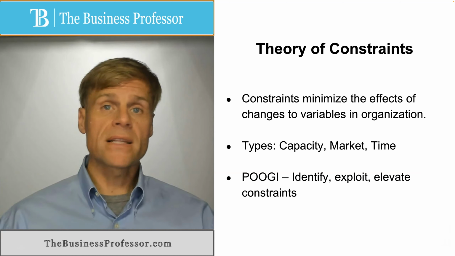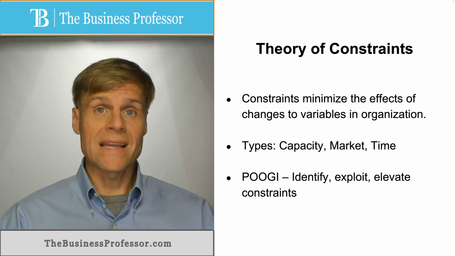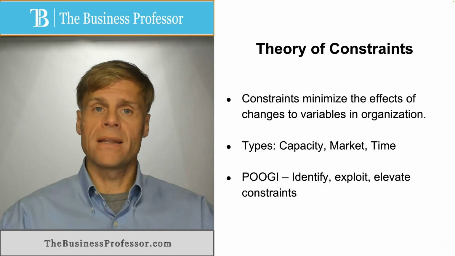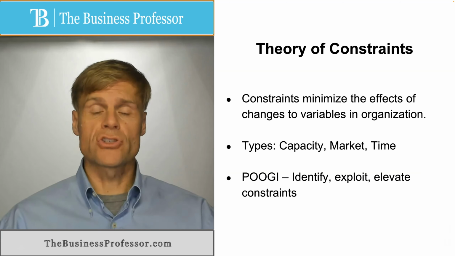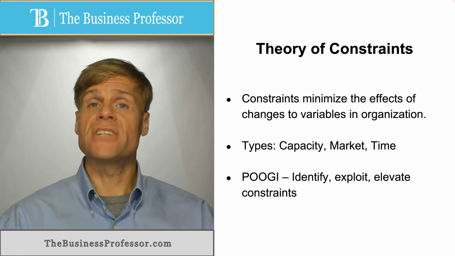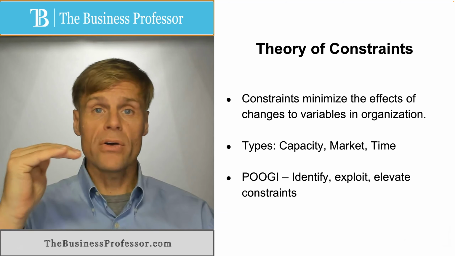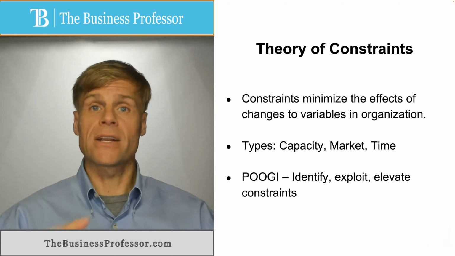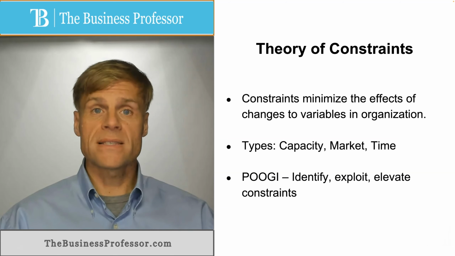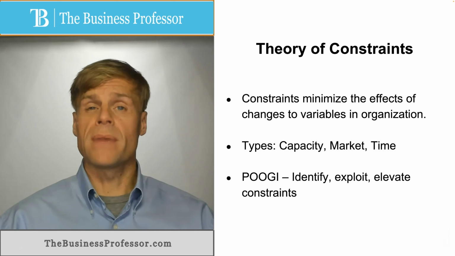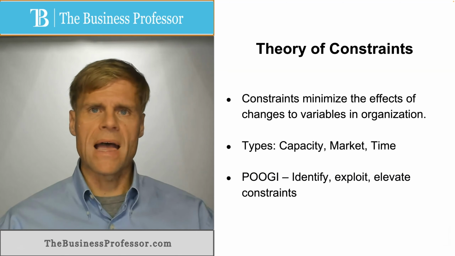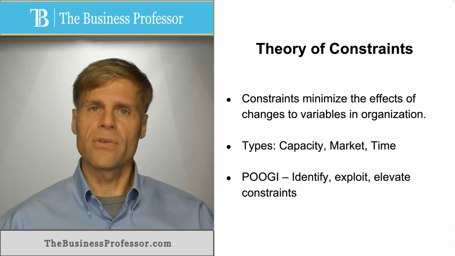Okay, and basically what you're doing, you're identifying constraints as they arise. You exploit whatever you can to mitigate the effects of that constraint, and you continually elevate that constraint and the allocation of time, attention, and resources to it above others until you see some effect or outcome from addressing that constraint. And then you continue this process until overall system improvement is achieved. So this is the theory of constraints and how it applies to management of organizations.